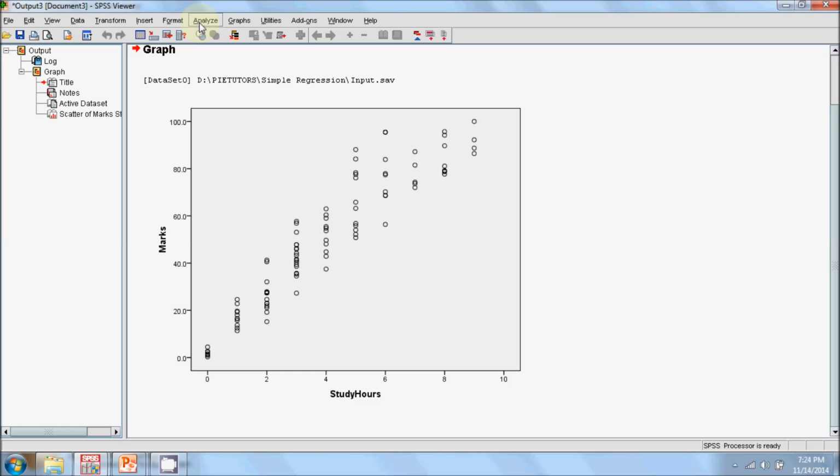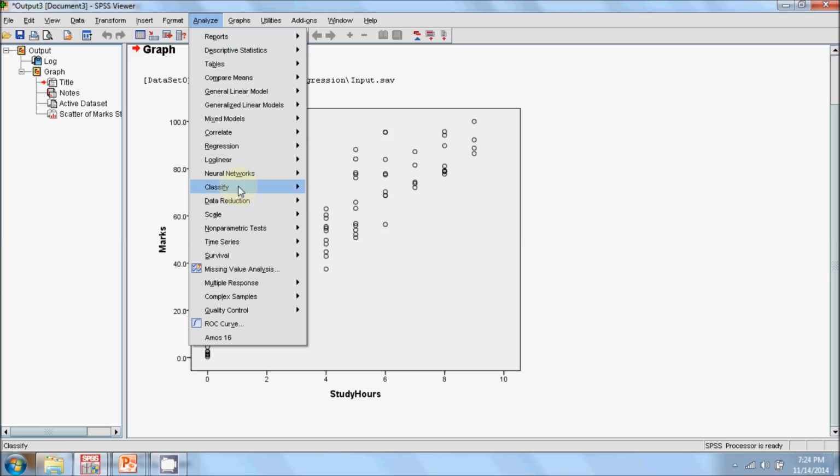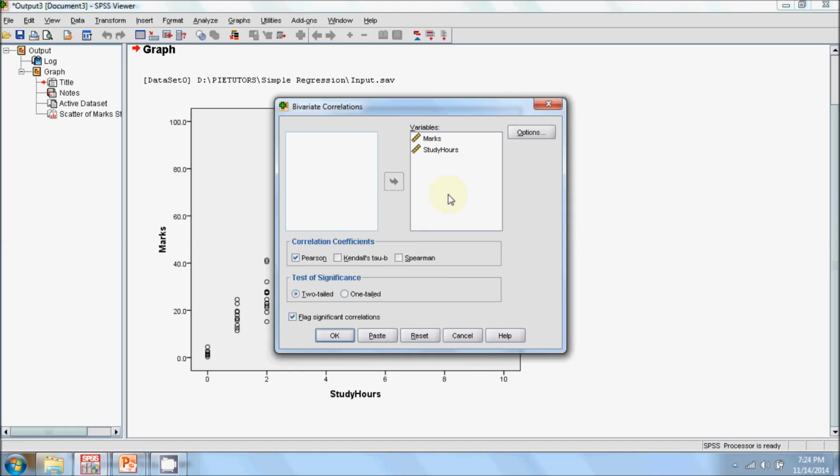Let us quantify this scatter plot so as to get a numerical value of the strength of association between these two variables. In order to do so, we will generate the correlation coefficient. We generate the bivariate correlation coefficient. Select both the variables.